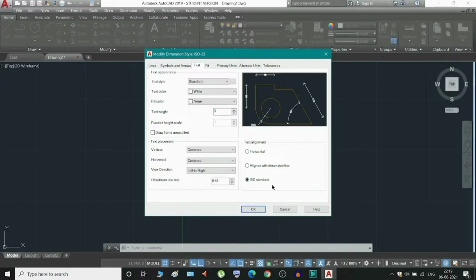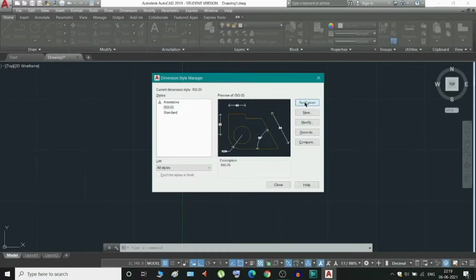If I choose the ISO standard, then it will align along with the line direction, every line direction. So I'll choose horizontal, and the rest of the things you can find out later, but for now we will let it remain in this position, and click OK. Set current and close.